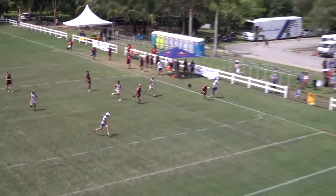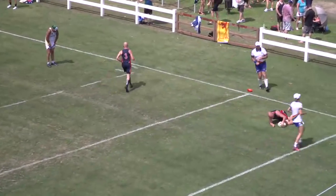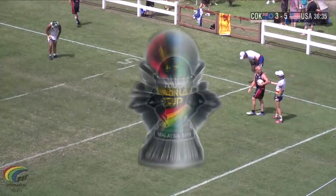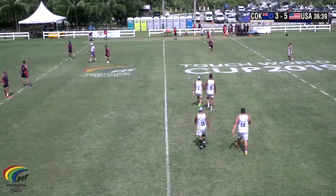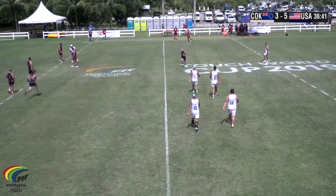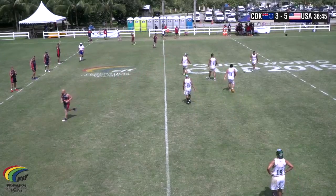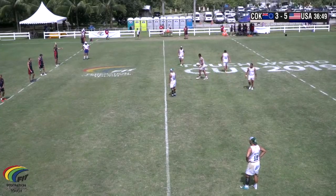They just never were in a position to recover in the end, and Brendan Robinson gets another touchdown for the United States. That's exactly what they wanted to happen. They reclaim that 2-touchdown buffer. That's number 5 on the board for them now. And the Cook Islands, they're back behind the USA by 2. It's 5-3